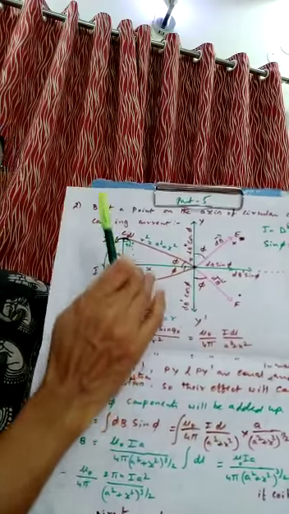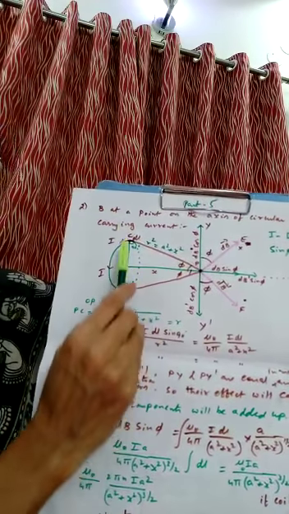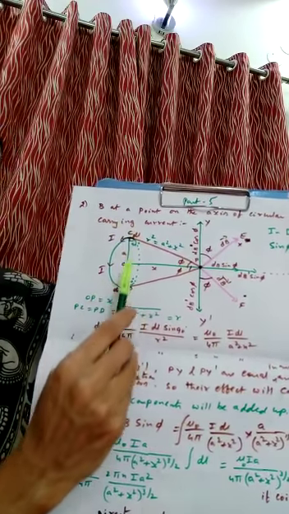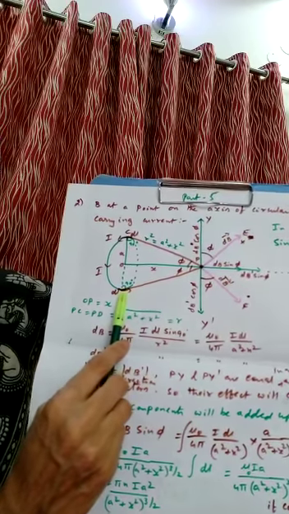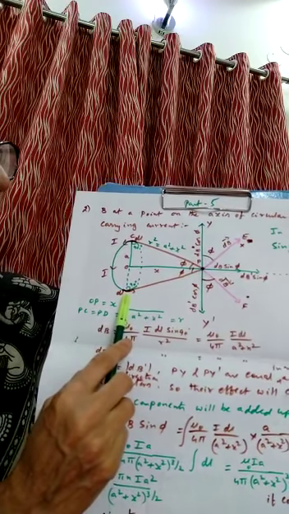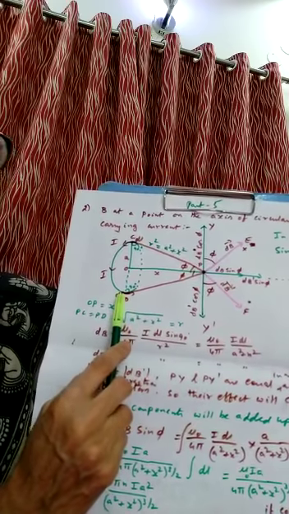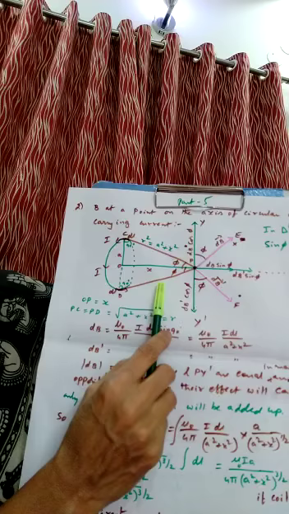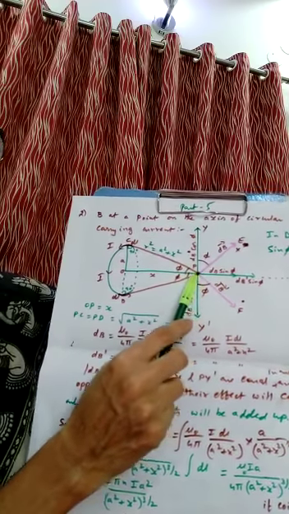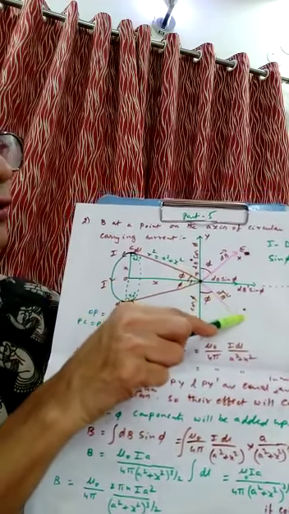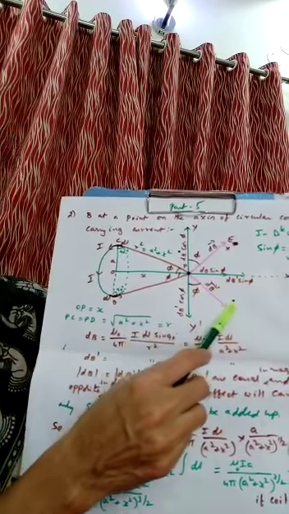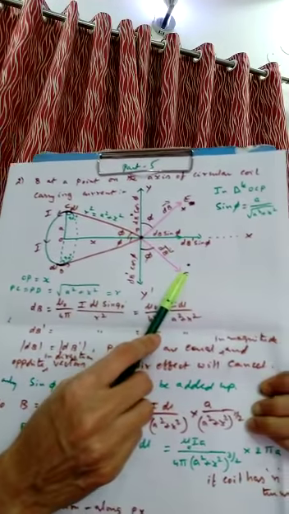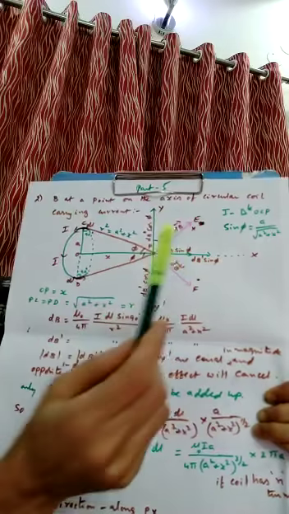And then what happens here? The same element, in the opposite direction, we are getting here. Current is carried in the opposite direction at point D. The dl is the same length here. It is also at a distance r, r square is equal to a square plus x square. But this time the field is outward, perpendicular to the plane of the paper, dotted. I already told you dotted means perpendicular to the plane of the paper.